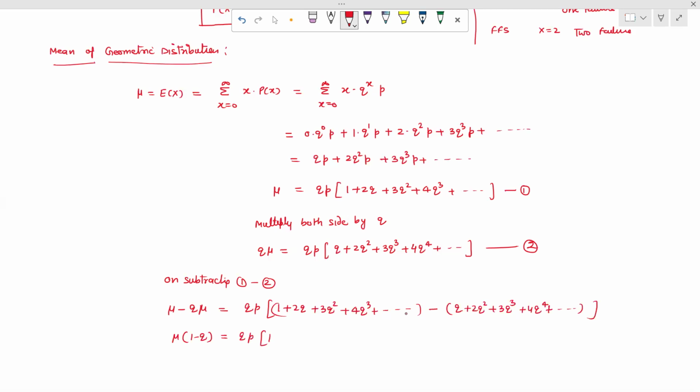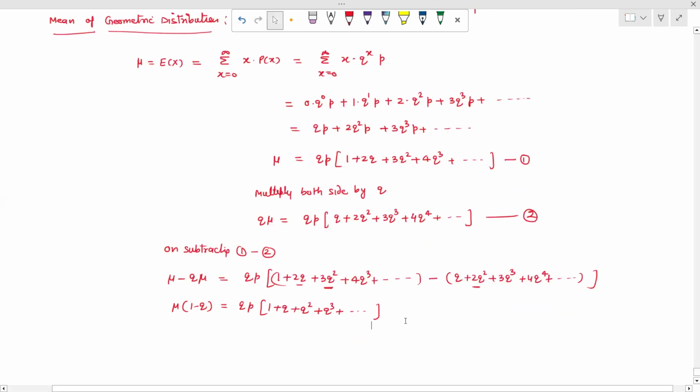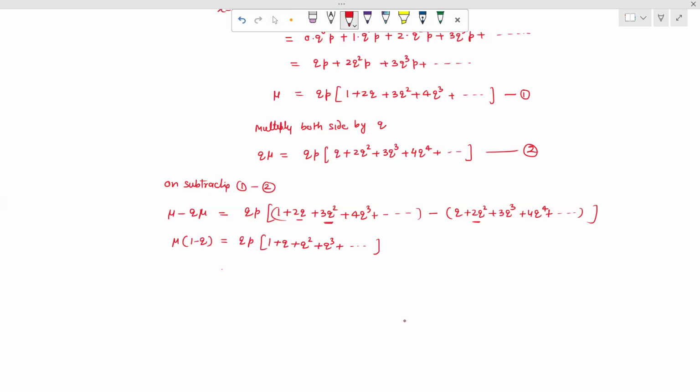so 1, 1. So here we have plus of 2q minus q. So this gives us plus q. Next is 3q squared and minus of 2q squared. So this gives us plus q squared. 4q and 3q. So this gives us plus q, or plus and so on. Plus and so on. So now we get this term. So this can be written as qp into